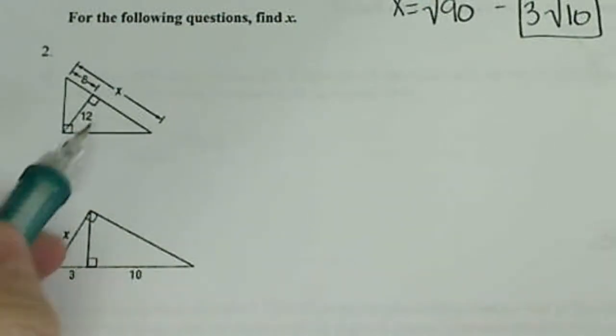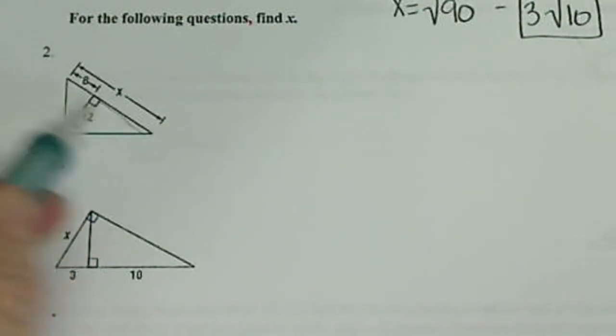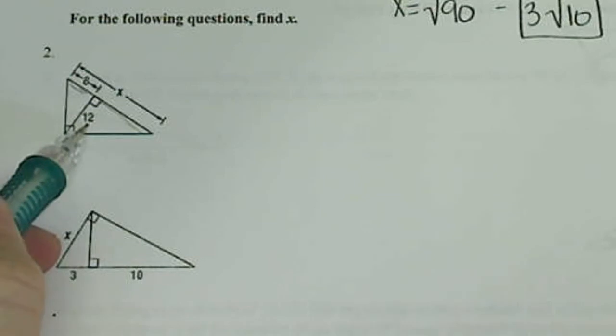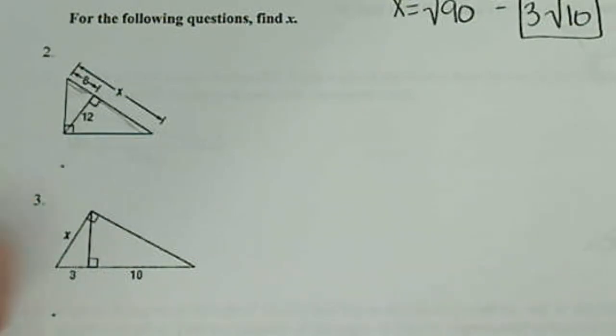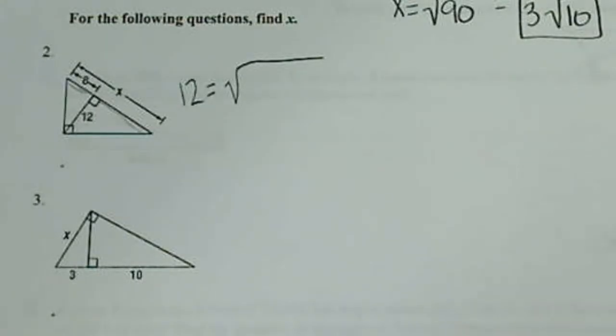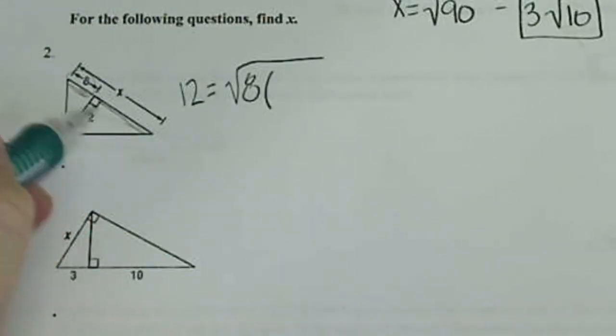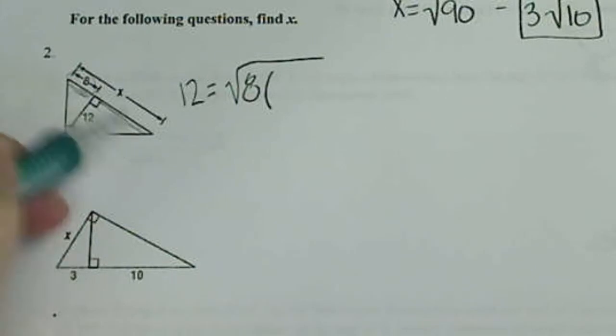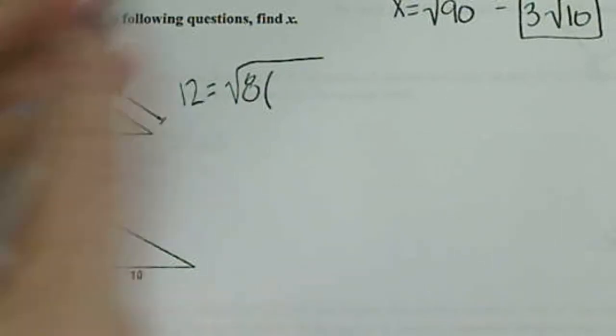So the geometric mean of this side and this side is equal to 12. So we can simplify that a little bit. 12 equals the geometric mean of this piece right here, 8, times this piece. We don't know that,